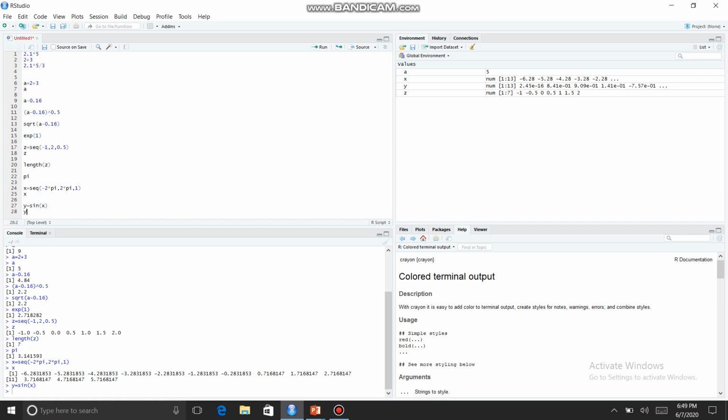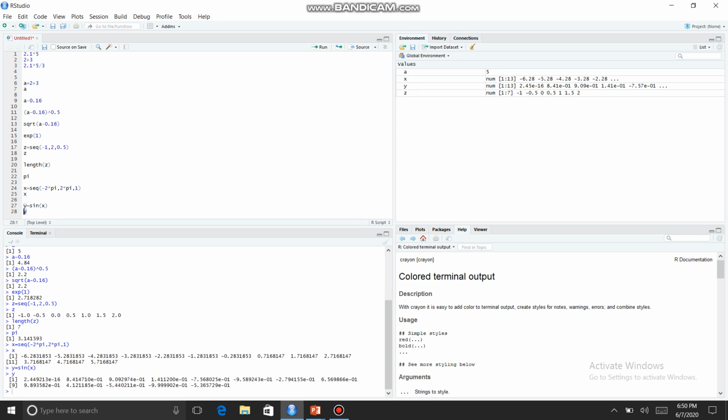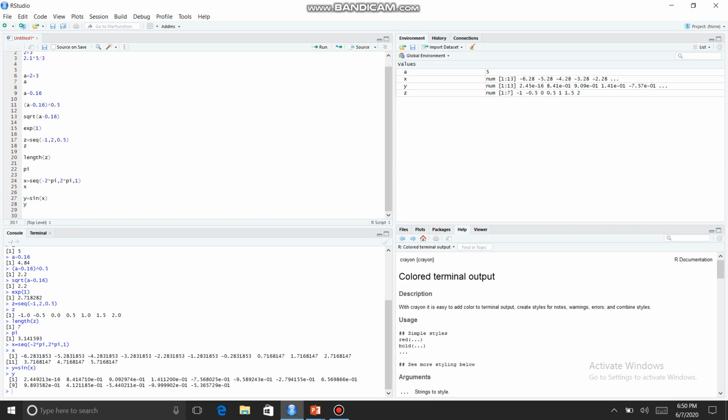Type y, select the code and click on the Run button. It gives the answer in the console window. Now let us plot sin x versus x by using the function plot. Type plot in brackets x comma y.